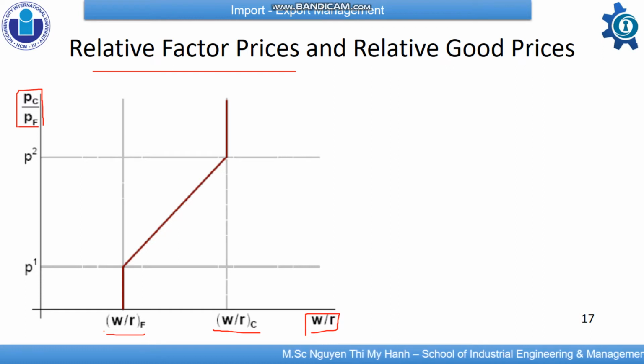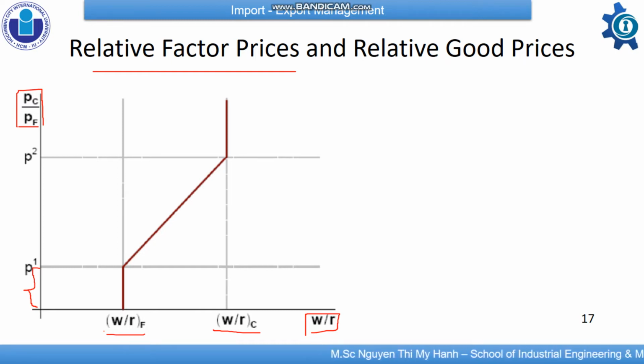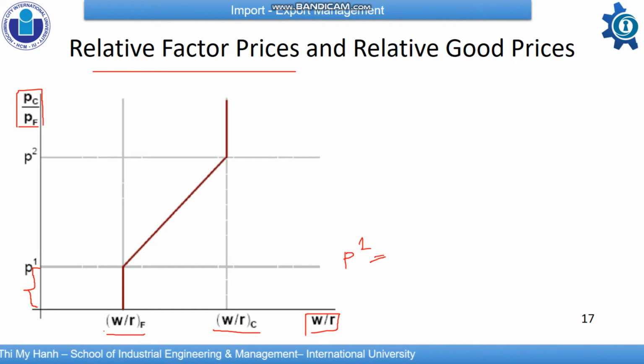If the relative price of cloth to food is less than P1 here, it means the economy specializes in producing food, and P1 here will equal the wage rate of producing food